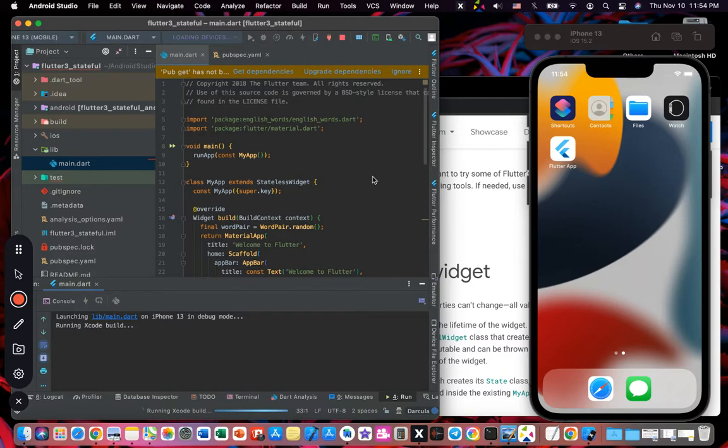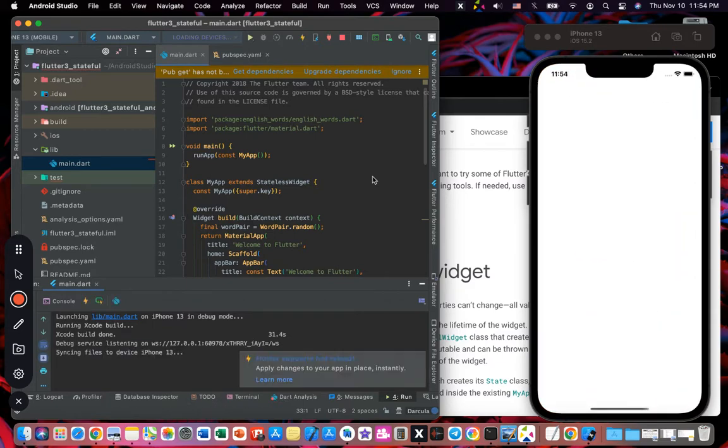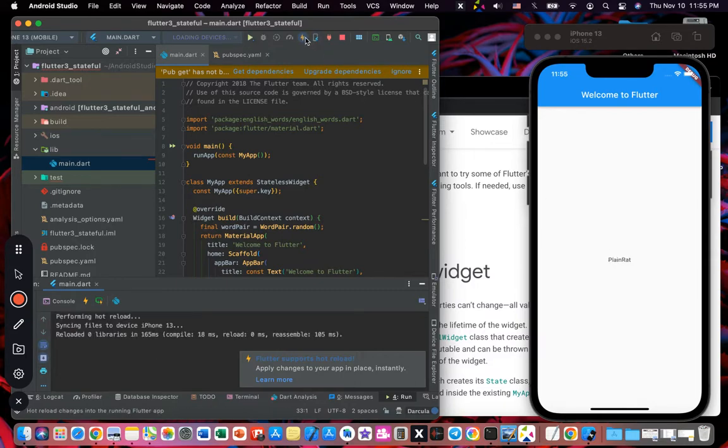Then apply a minor change, then run it, then apply a minor change, then run it, and keep going like that. So each time a hot reload, this word pair changed to another and another, just like that. So now I will stop it